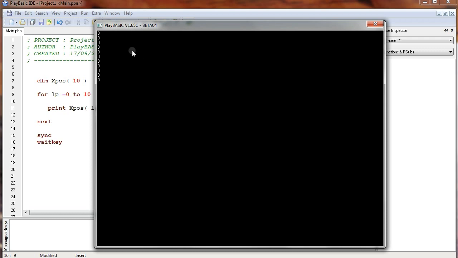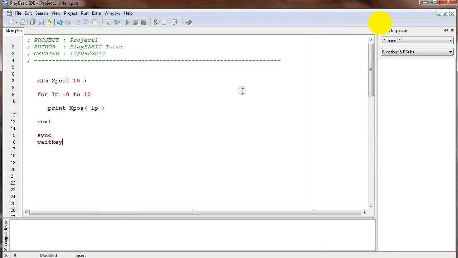We get something that's not very interesting, isn't it? We're getting 0, 0, 0, 0. Now why is that? Well, when the array is created, all of the cells inside it are initialized to 0. If you wanted to set any one of the available cells to a value, because this is an integer array, so we can store integer values in it,